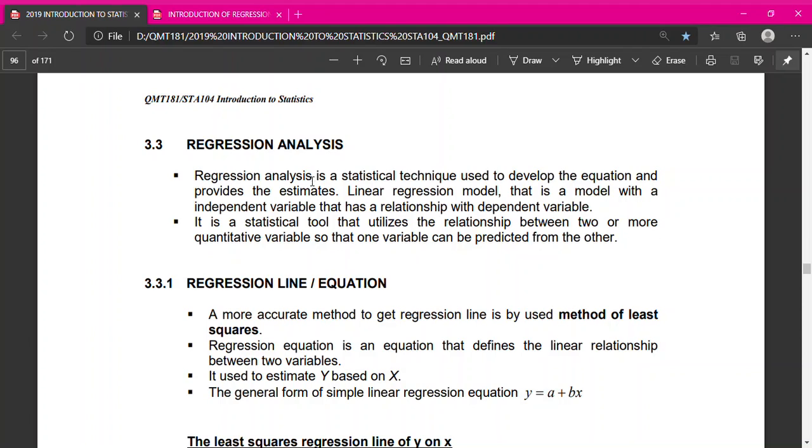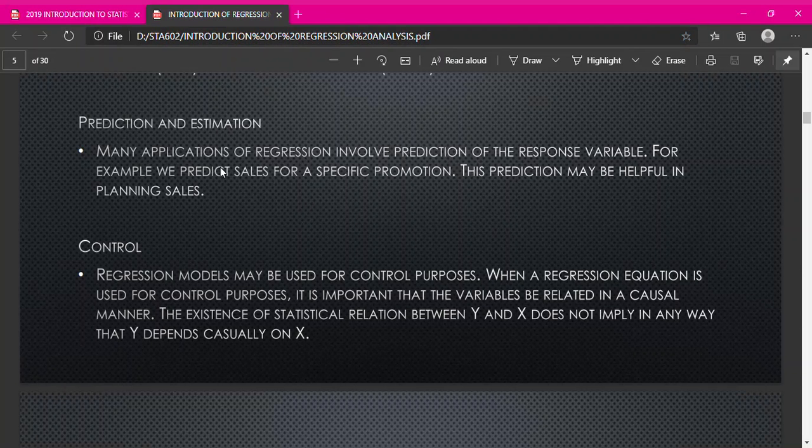So sebenarnya untuk regression analysis, kita boleh check for more variable. Kalau ada one y, ada several x pun boleh. Tapi itu dipanggil multiple regression analysis. But for your level, diploma level ni, untuk basic statistic, you just learn simple regression analysis saja, which is we will have one dependent and one independent variable. Simple regression analysis. Okay, so before I go further, I nak tunjuk sikit dulu